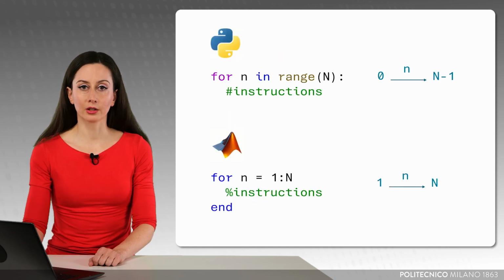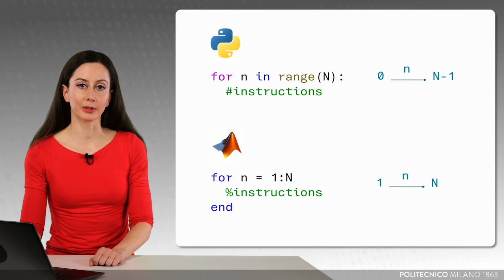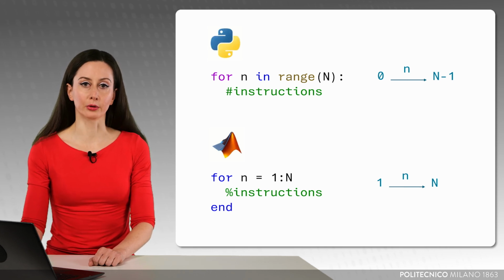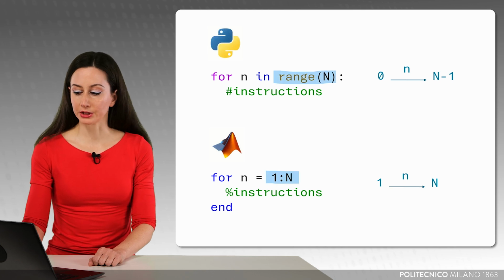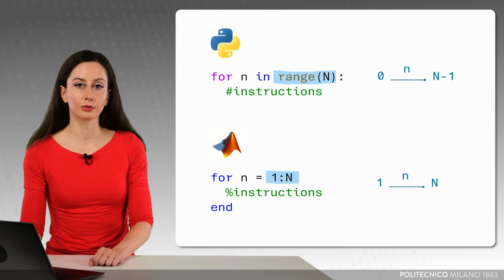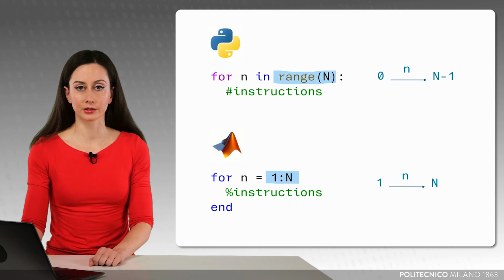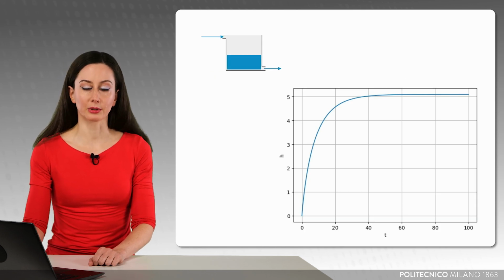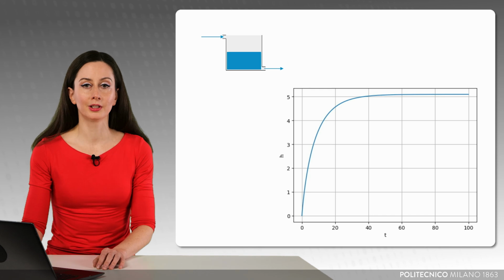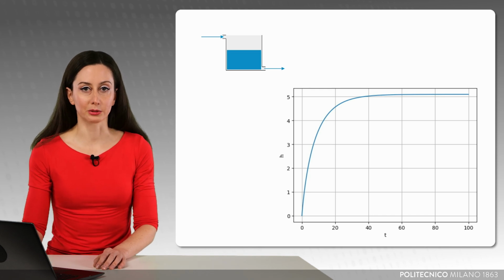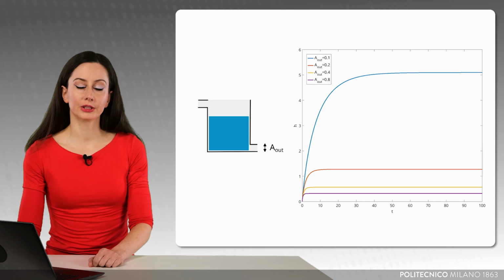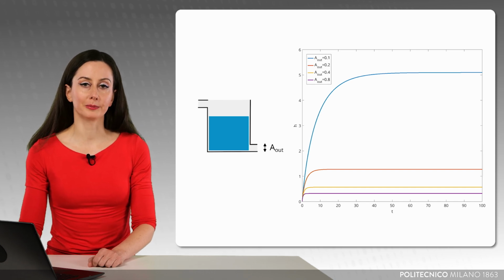Finally, to apply the Euler's method many times automatically, we have learned how to write a loop, in particular a for loop. And in both languages, we have used the counter n to keep track of the iterations. Thanks to the plot functions, we have produced a graph of our solution over time for an easier interpretation of the results.